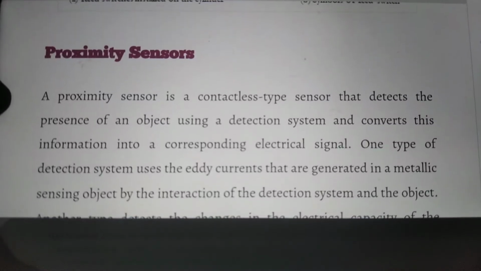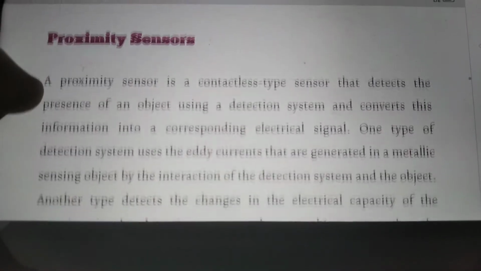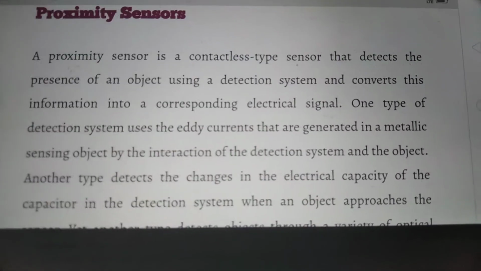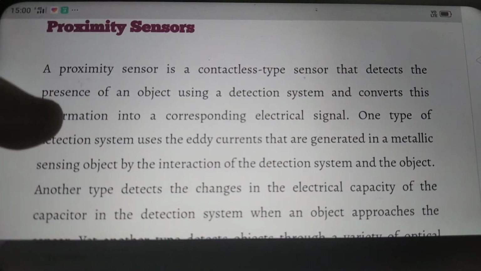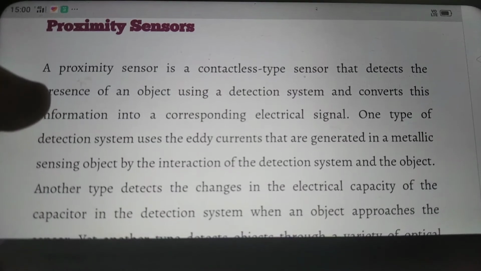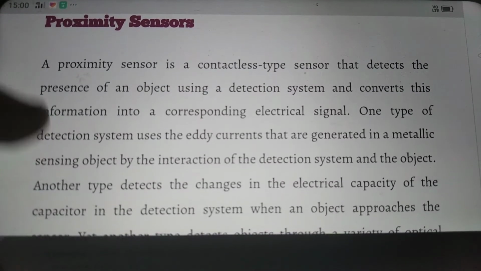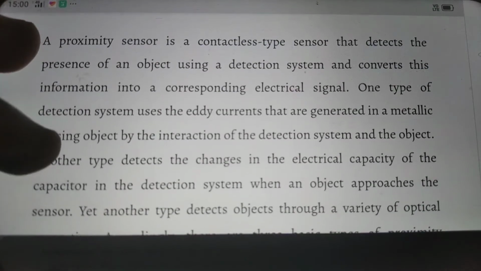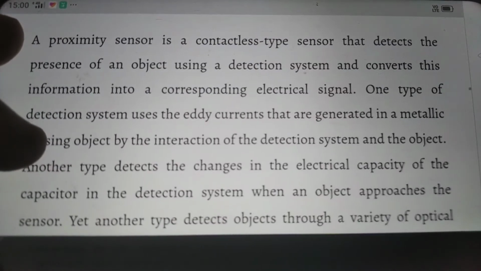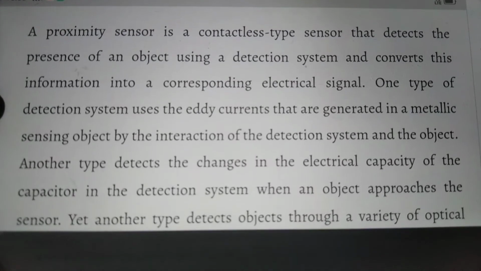Good afternoon all. Yesterday we discussed electrohydraulics and electropneumatics. In that we discussed the different switches, that is limit switch, what are the different limit switches, and what are the reed switches. Today we'll discuss the proximity sensors. Yesterday we also discussed the introduction of sensors. Now today we'll discuss proximity sensor.